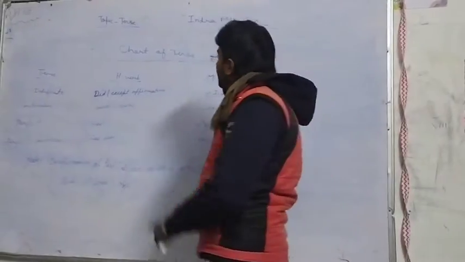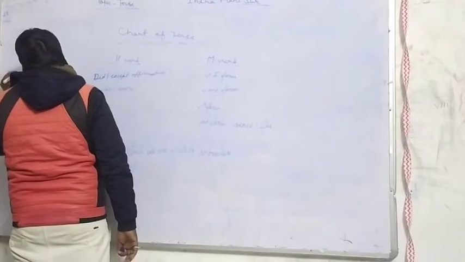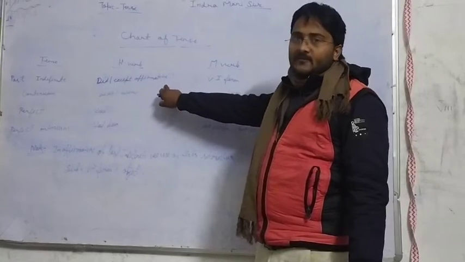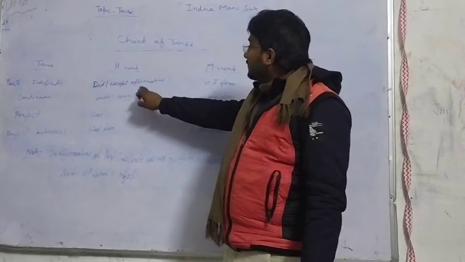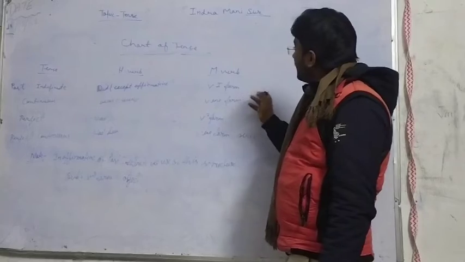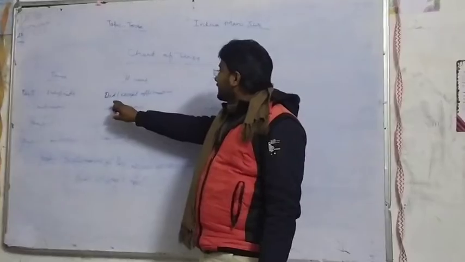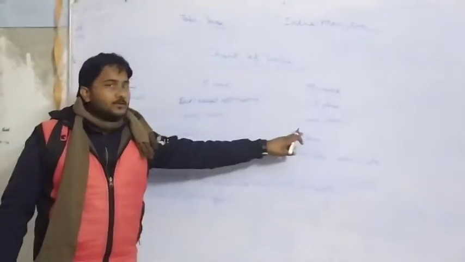So next you have to see the explanation of past tense in past indefinite. In past indefinite tense we use helping verb did except affirmative. In affirmative we use verb in second form without helping verb did. And if we use did, then we use verb in first form. Means in past indefinite helping verb did and main verb is in first form. And in past continuous we use was and verb in ing form.